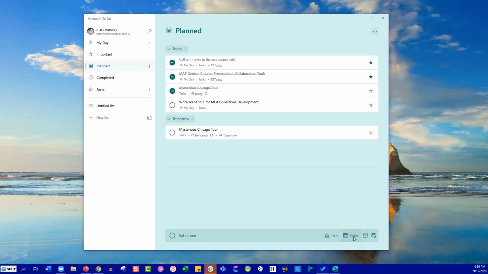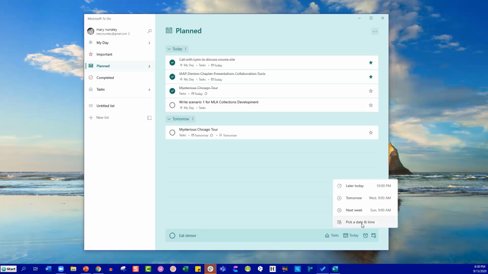And I want to do that today, but I could say I want to eat dinner every single day. I forget to eat. So I could also pick a date. Maybe it's eat dinner with friends. If I come over here to the clock, I can get a reminder. So I want to get a reminder.